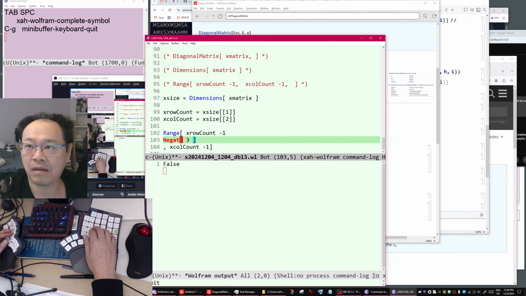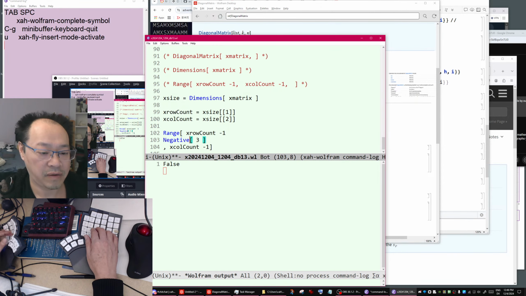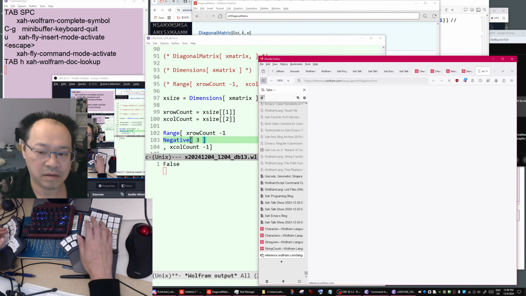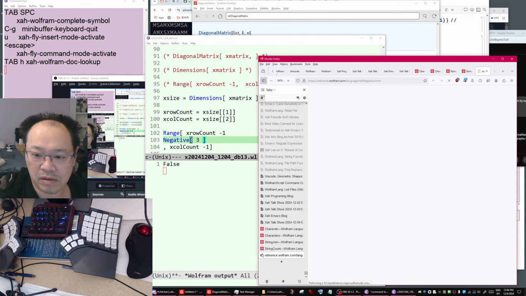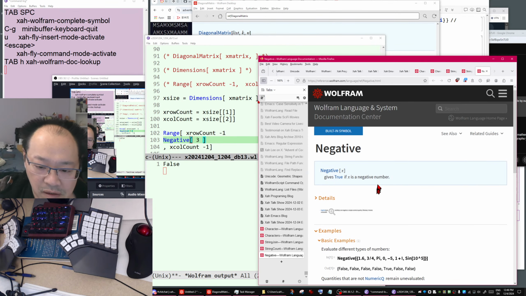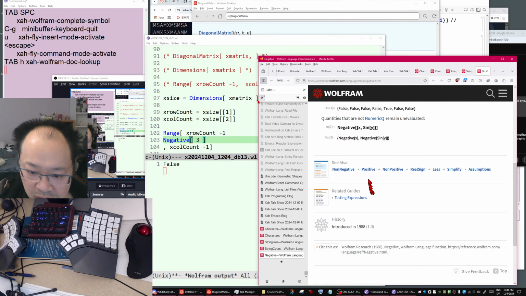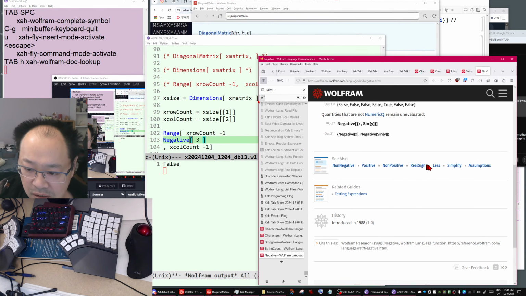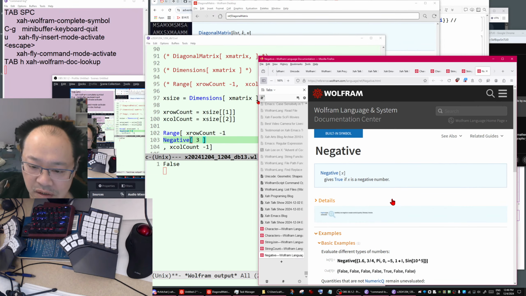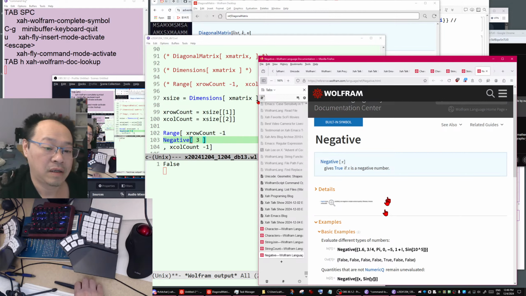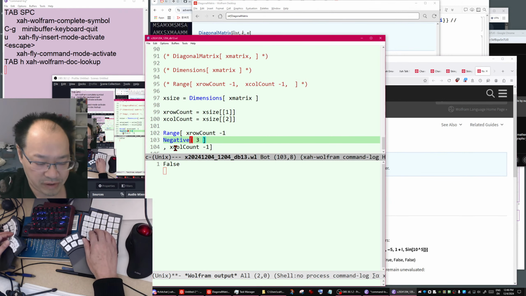What is the math term to reverse sign? I forgot. So let's look up the documentation. It will tell you. Negative gives true if x is a negative number. Okay, so non-positive, real sign, simplified real sign. Negation. We want a negation. Oh yeah, we can just put a minus in front.